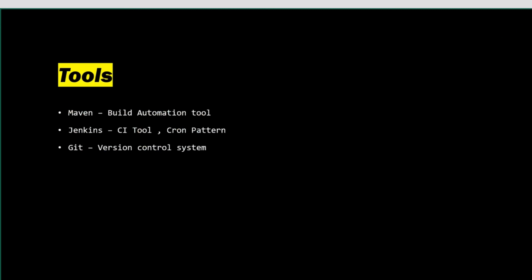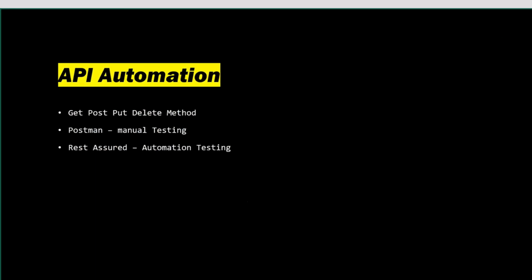So how can you do that through Git? How can you pull the code from a particular repository, how can you push your code, how can you clone? All these things are done by commands, so I'll tell you in Git. Till here, do you guys have any doubt? No? Okay, once this is done, we'll cover our last topic, API automation.